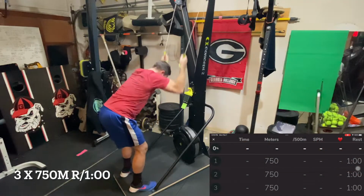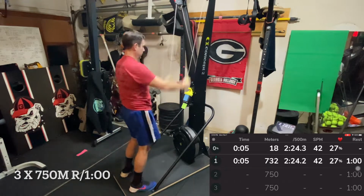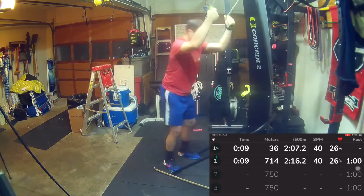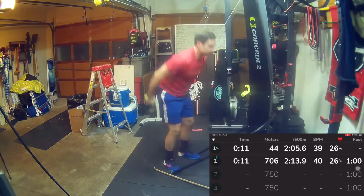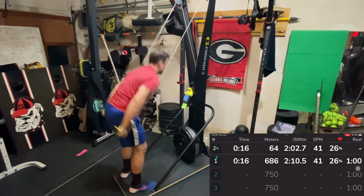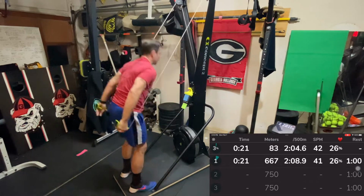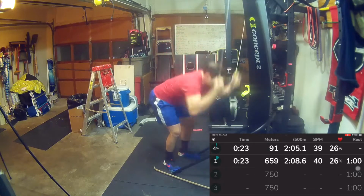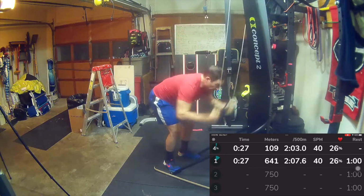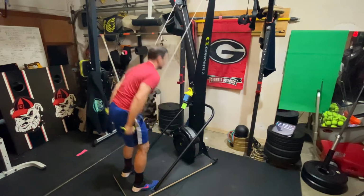All right, team, this is 3 by 750. I was merely just trying to see how I feel and kind of hold that and maybe do a little bit at the end. I rowed 35,000 meters for a charity the day before, so I was still feeling a little bit sore and even some hand pain from dealing with 3.5 hours or so of rowing. So this is just a couple of strokes